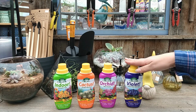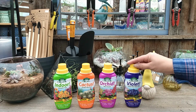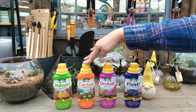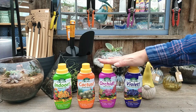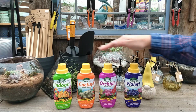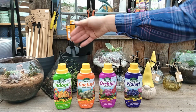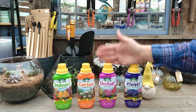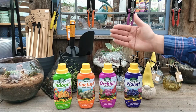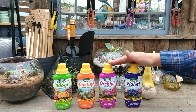Be sure to use the correct fertilizer on the type of plant that you're growing. You'll see three different kinds. We have our indoor, our cacti and succulent, and then these are for flowering plants. So indoor and cactus, they will try to promote certain types of growth. And obviously with your flowering, you're promoting more flowers for your African violets, your orchids, your anthuriums,